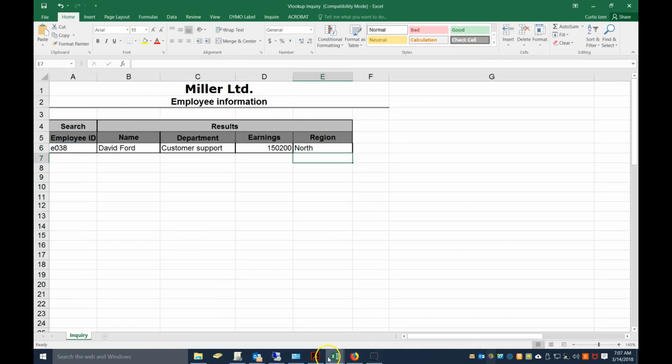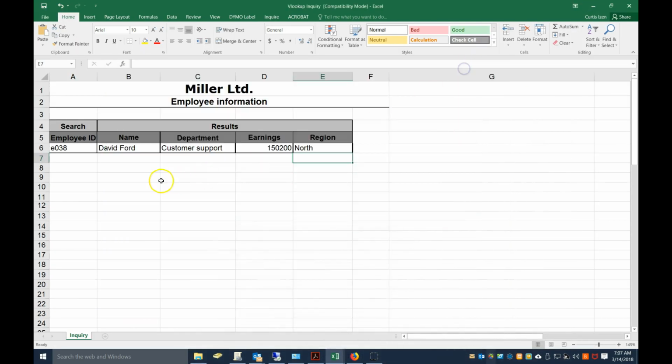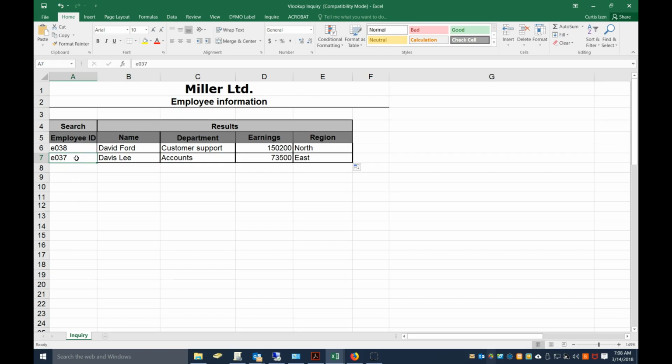And then if I go back to my listing and I want to find somebody in E037, E037, I can simply copy down, and it gives me the right information because now it's looking up, again, $A7, and that's the correct cell. So it's staying in column A. I'm only adjusting the row number to give me each person. E011, copy it down,